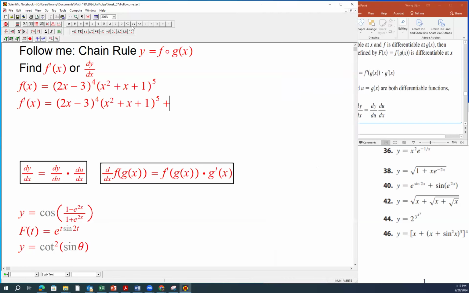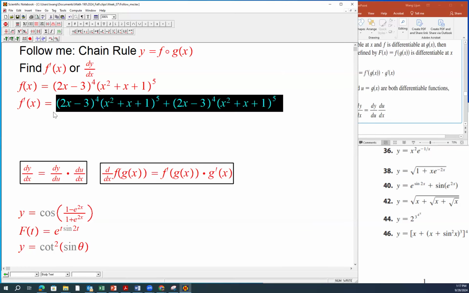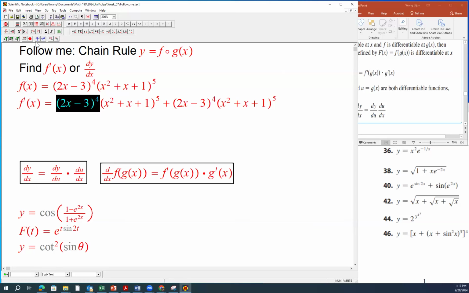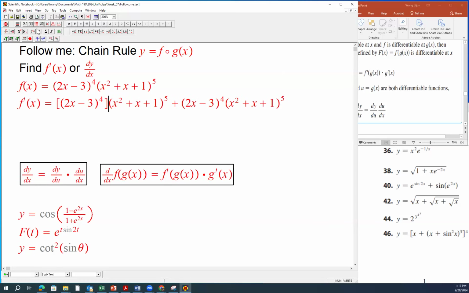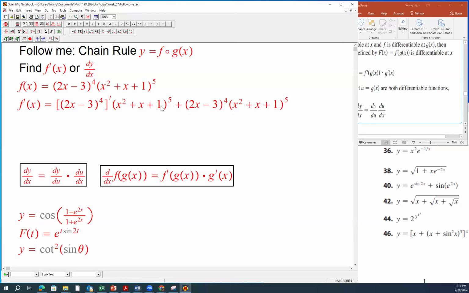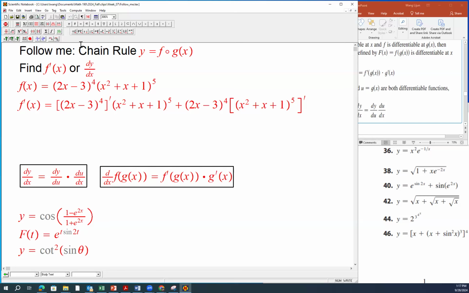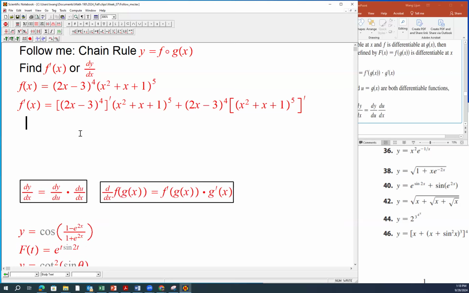okay, product rule, right? You differentiate the first one, not changing the second one, and not changing the first one, and differentiate the second one. So that's application of product rule. Okay, that's product rule. You can also write it optionally,